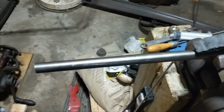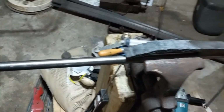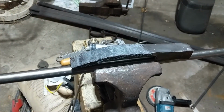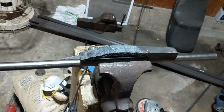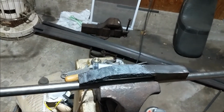This is O1 tool steel. I bought this earlier this week. O1 makes phenomenal knives and tools. I've got 4 feet of it, and it's really cheap. This piece was $13.06. The only issue is that it's like a 40-minute one-way drive to get to the place